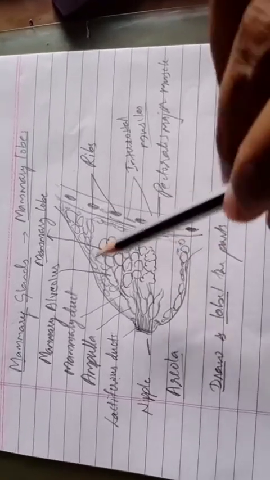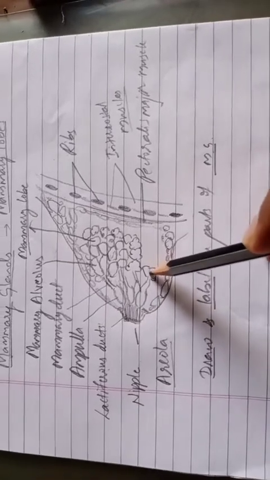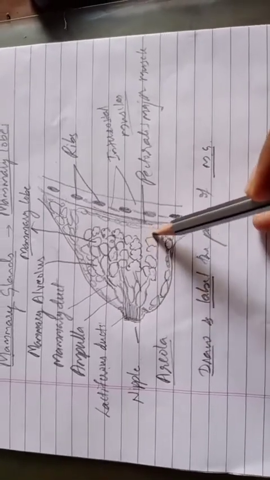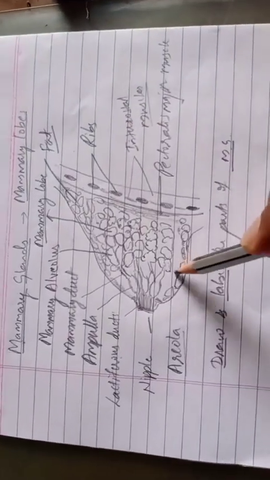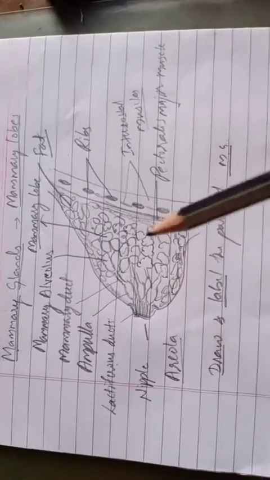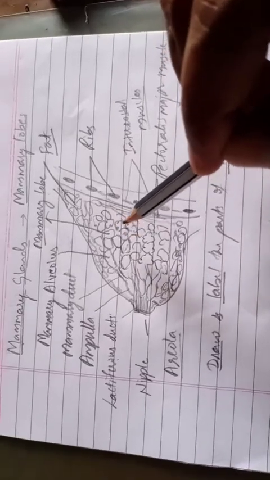You can draw this much of the diagram, and you can also show the remaining parts like these lobes. This you can also mention as fat tissue, or simply write fat. It is completely made up of adipose tissue. The mammary lobes produce the milk for feeding the young one. So this is about the mammary glands.